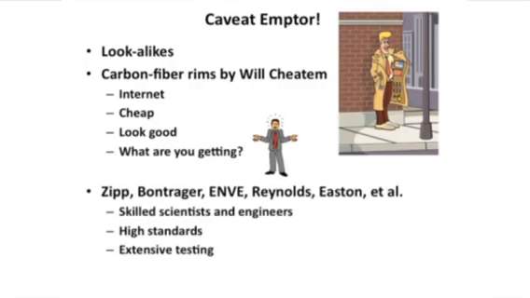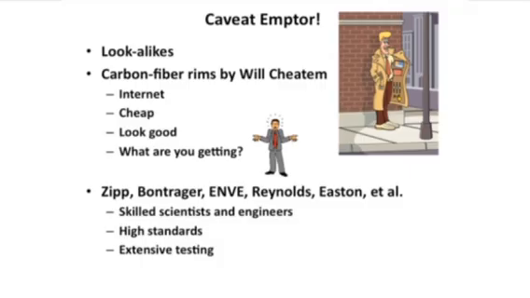And the reason is, if you buy rims from manufacturers like Zipp, Bontrager, Enve, Reynolds, Easton, reputable companies like that, they are staffed with skilled scientists and engineers. I know some of them, and these are really smart folks, I'm telling you. And these are rims that are made to very high standards, and they're extensively tested in the wind tunnel, so you know that you're getting something that's going to be aerodynamic like you expect. But otherwise, you don't, because subtle changes can affect the aerodynamic